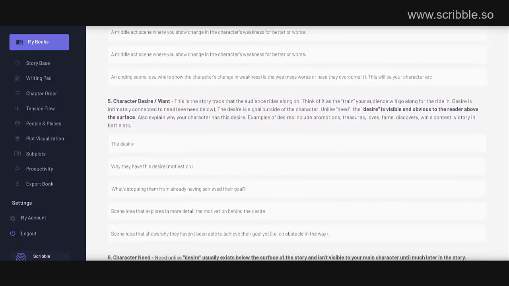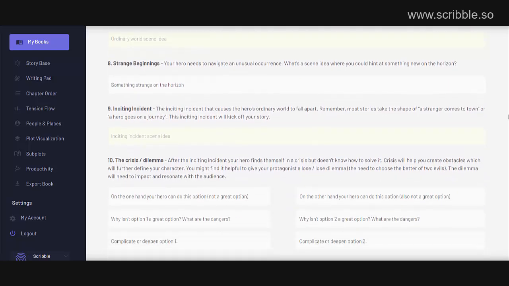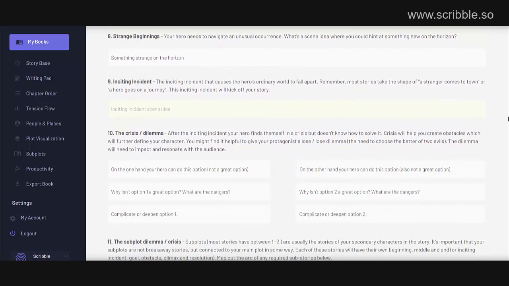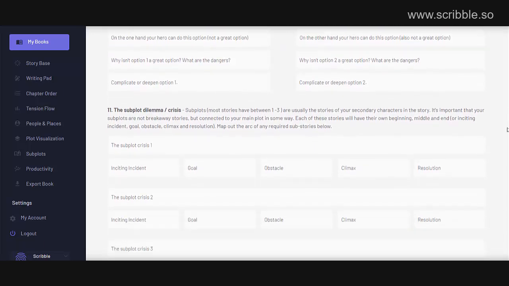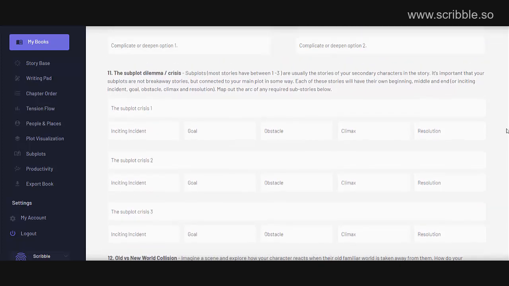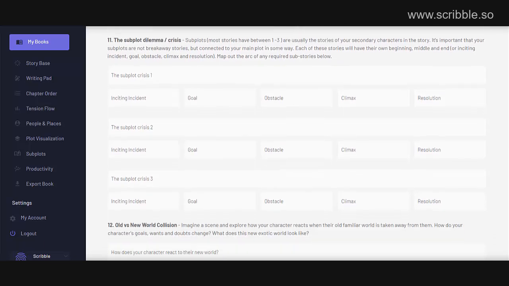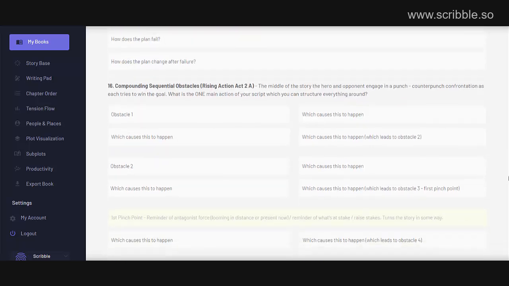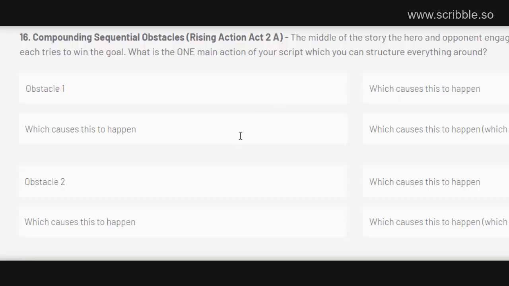You likely won't use everything you come up with when filling out this worksheet, but answering one question might lead you to think about your protagonist or their problem or their goal in a different light. And best of all, the ideas you come up with can be used as scenes. So sometimes we might ask you to map out your character's main dilemma, or we might ask you to sketch out a possible subplot story early on. In this section here, notice we get less specific and we ask you just to plan out a sequential list of growing obstacles in a linear way. This happens, which causes this to happen, which causes this to happen, and so on.